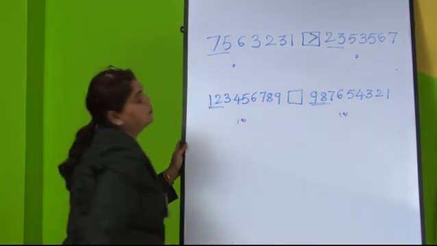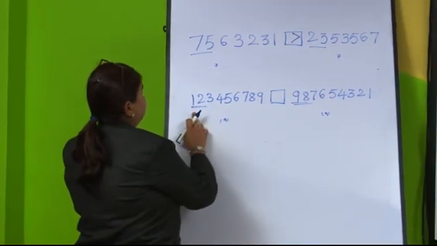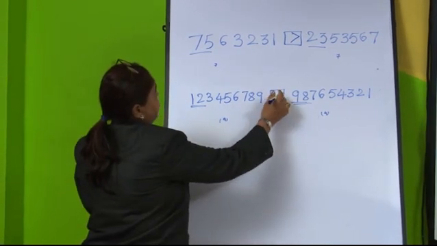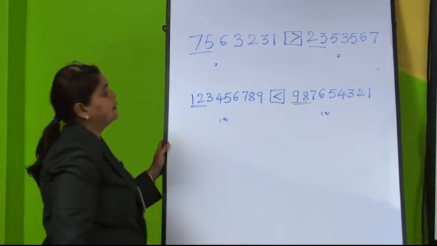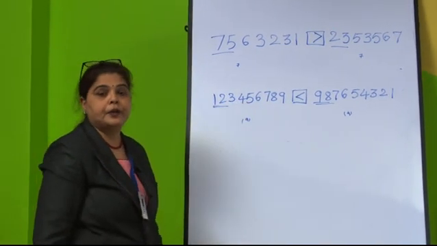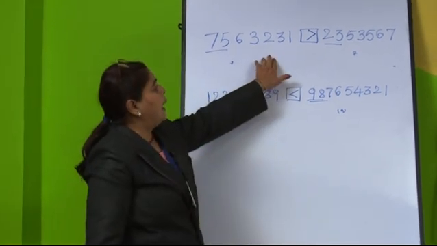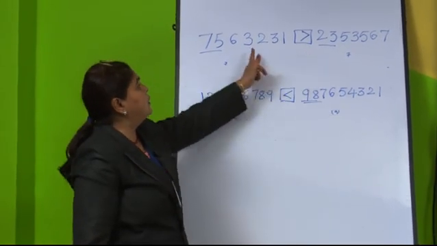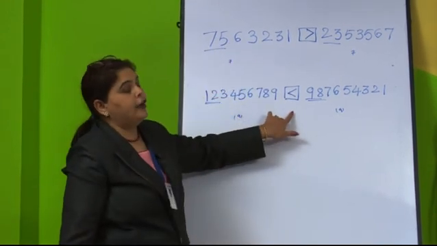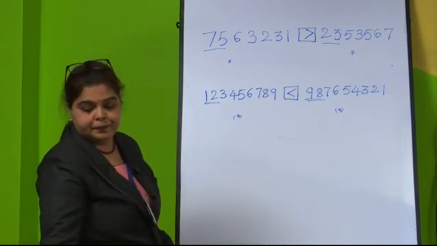Can you find out which is greater here? Yes, you can find out. Here we have 1, 2 as the starting number. Here we have 98 as the starting number. So this is greater than the 1, 2, 3, 4, 5, 6, 7, 8, 9 number. So by seeing the place value chart, you can insert the comma and read it and find out which is the greater or which is the smaller number.